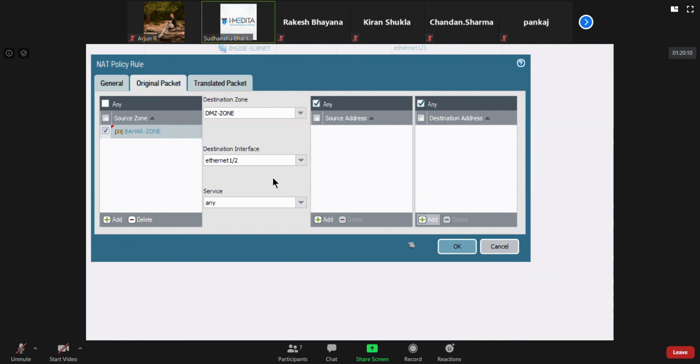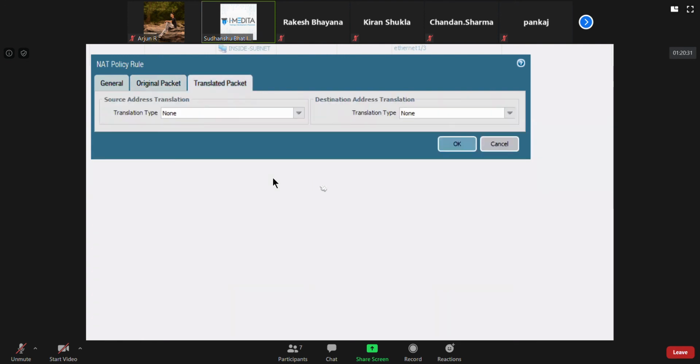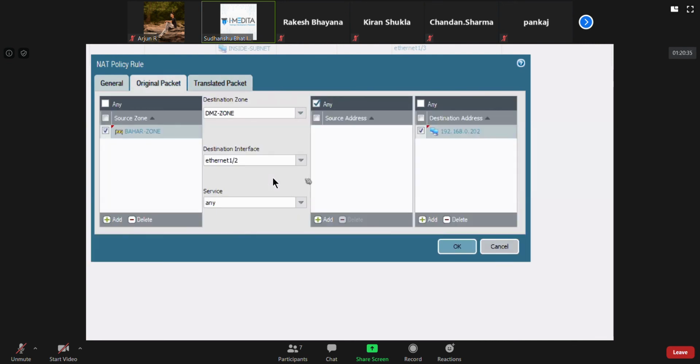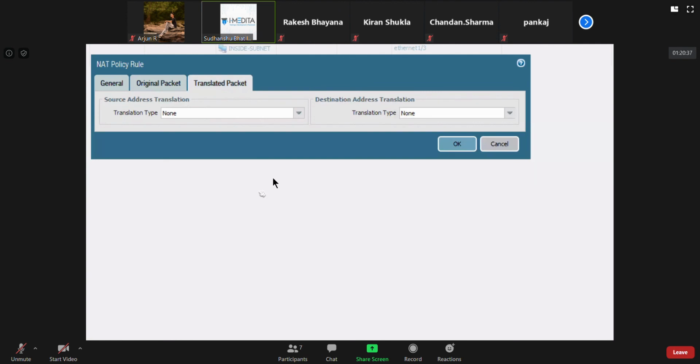You can mention the destination address as 192.168.0.202, I think. On Ethernet 1/3 we have this IP. And then once you have done this, you can mention in the translated packet that I don't want to change the source. Let it be as it is. I just want to translate the destination.